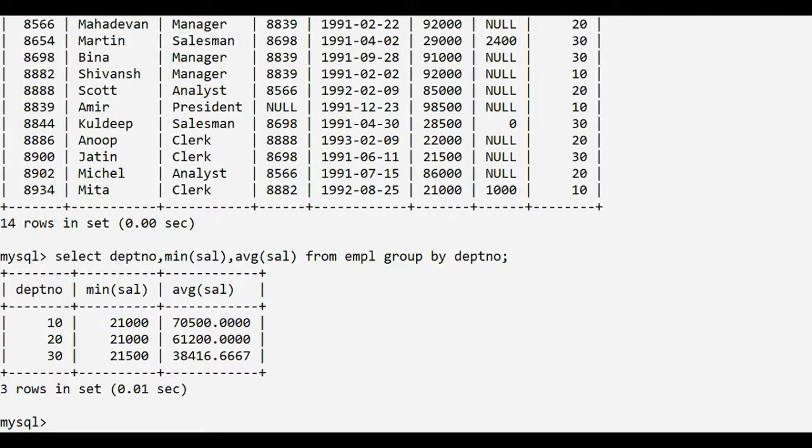Let's see the output. The output has three columns: department number, minimum salary, and the average salary of employees department wise. In this query, grouping will be done on the basis of the department NO field. On each group, the group function min and avg will be applied.